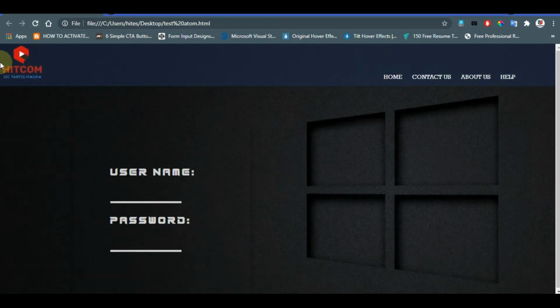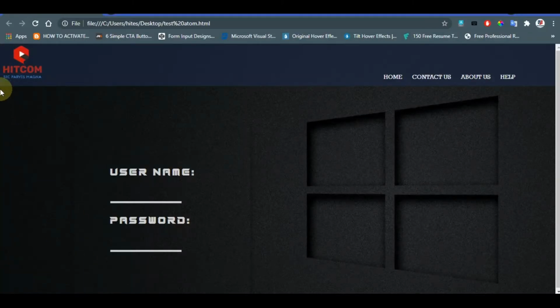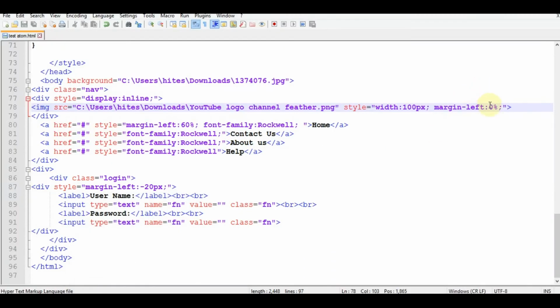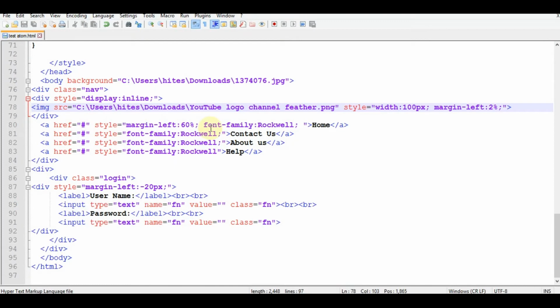Why? Because the margin is not there anymore. But if you want it a bit to the right side, you have to increase the left margin. I have increased it by 2%. So now you can see the photo is back on its previous place.